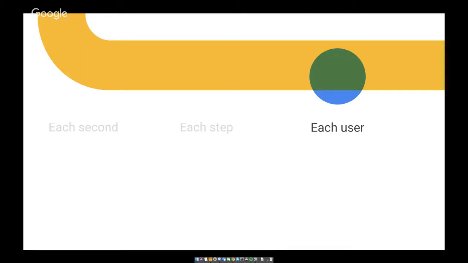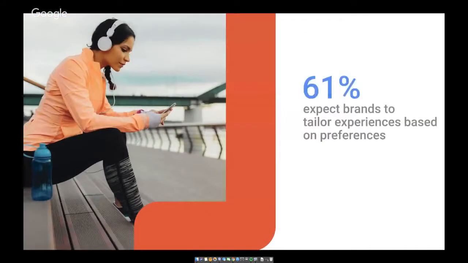Then I will continue with how we can best tackle individual users with your mobile website strategy, and some examples. We see that 61% of users, according to Google surveys, expect brands to tailor experiences based on preferences, and with experiences in this context we mean the mobile experience.